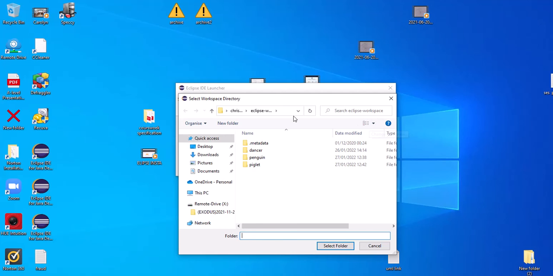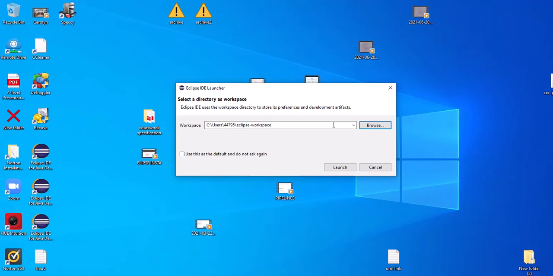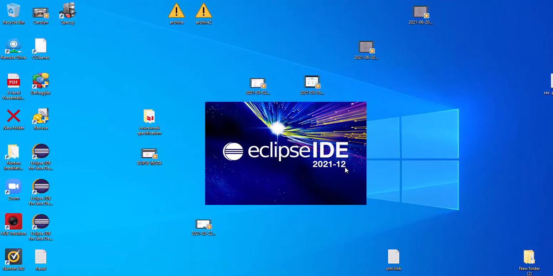Well, I'm not sure. Well, I'm just going to cancel that because I'll go for the default. So I'm going to launch it. So it's a workspace. In other words, it's where all my code goes, where it's stored,